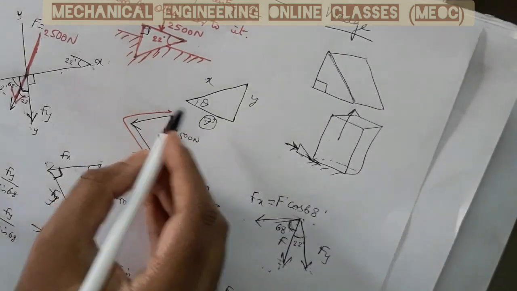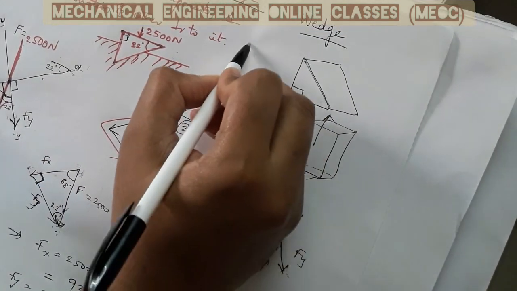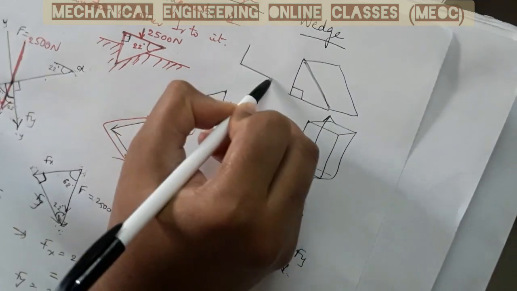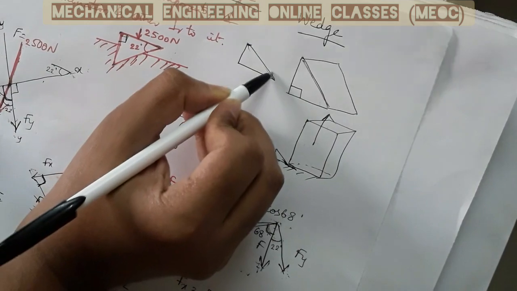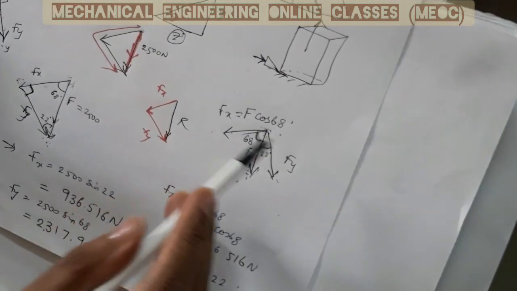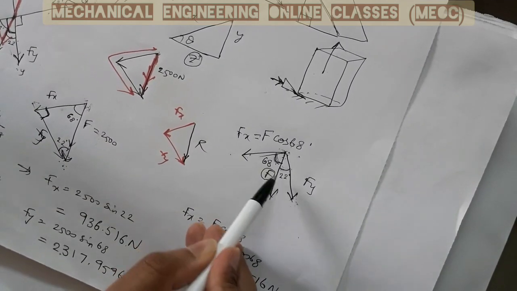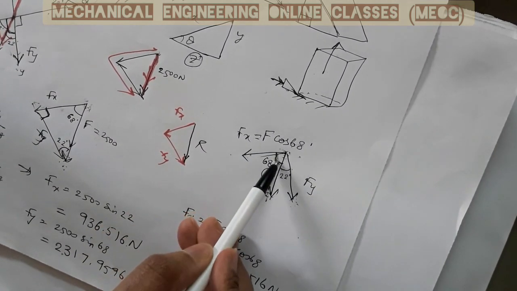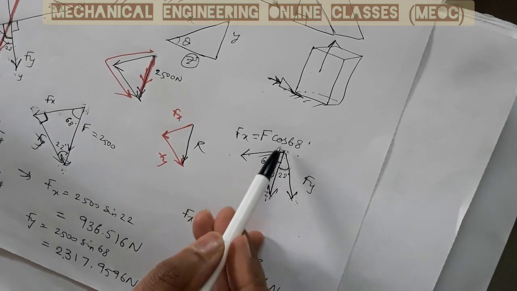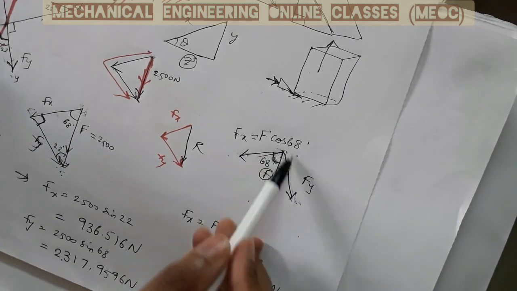Why? Because how are we getting the hypotenuse of a right angle triangle? I have a y component, I have an x component. The joining, the completing part of the triangle is a hypotenuse. The completing part of the triangle in this case is the resultant, which is F. So this will take the place of the hypotenuse, and if you know these adjacent angles, then these components will become adjacent components or adjacent sides.